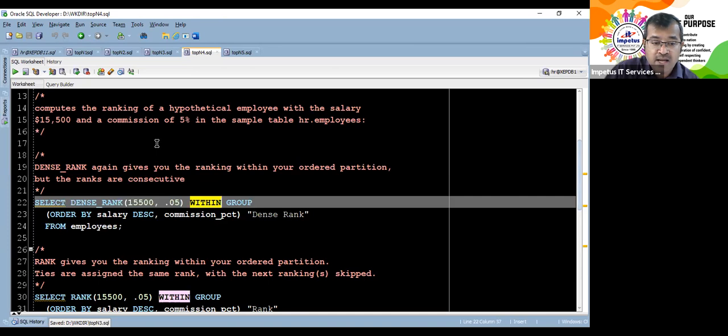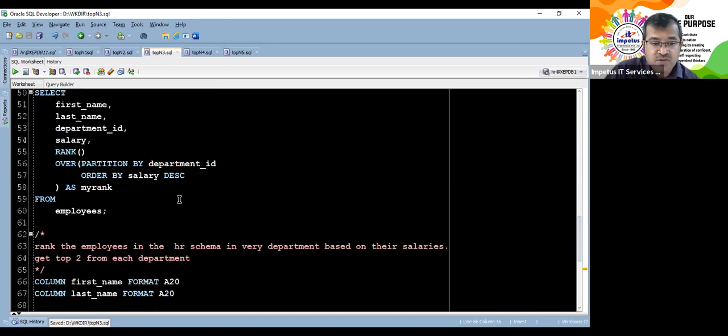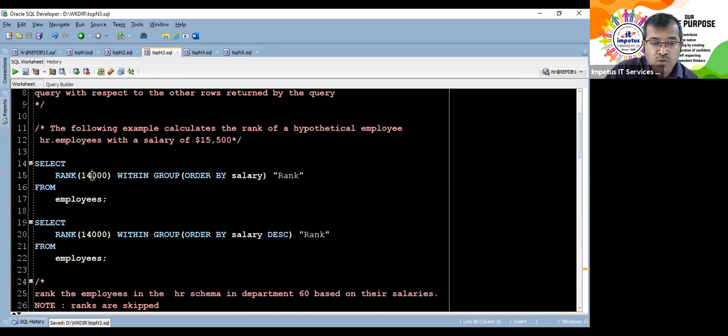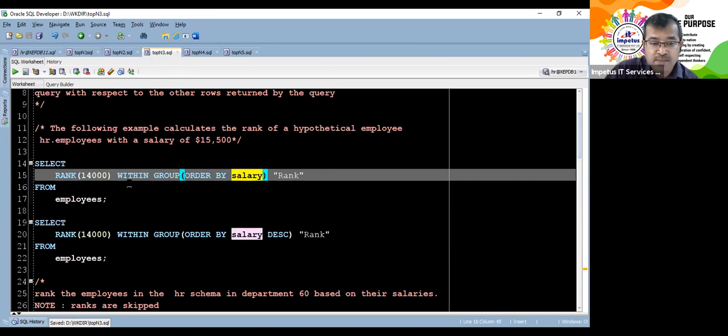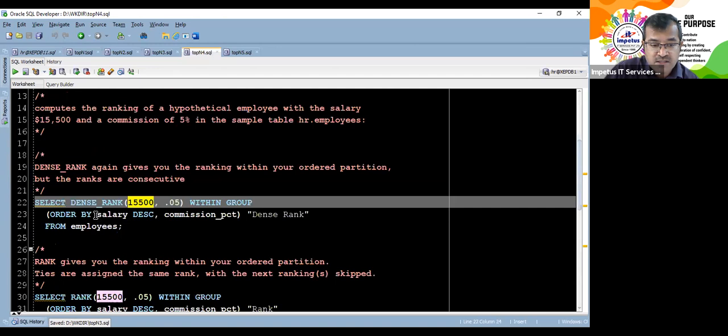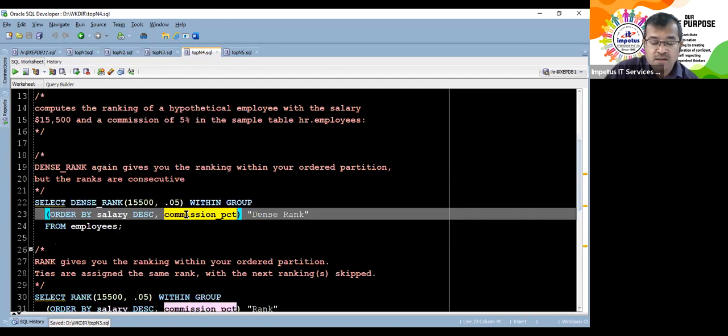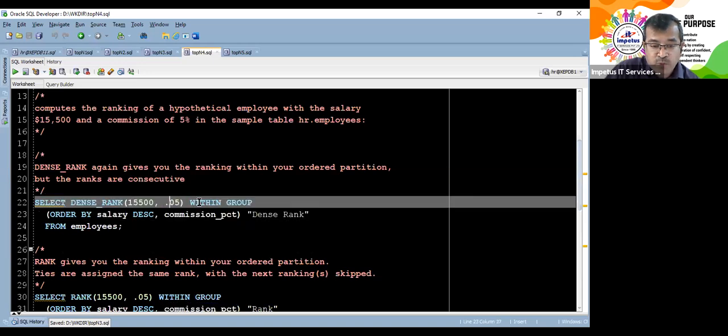Okay, over है और within group है. In the last case, when I use this within group, I took only one value and that was matching this type. I could have taken more than one value, sir. I could have taken rank 14,000 and name also. The order and the type should match. So here the type is integer, salary is also of type integer. This is a float value, this is also a float value. Order and the number should match. So I say dense rank 15,500 0.50 within group,